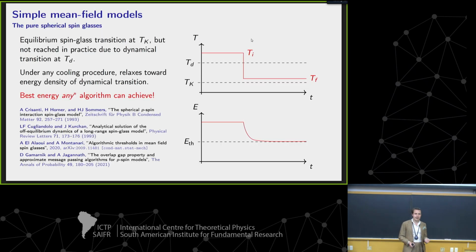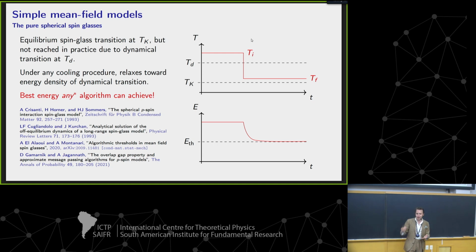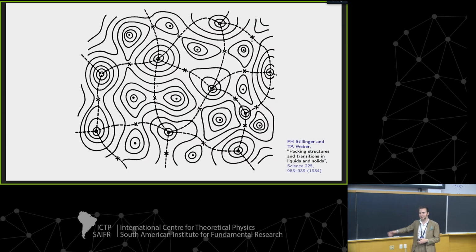And it's not just true of physical dynamics. You can try very fancy algorithms. Recently, there's been a lot of attention from mathematicians interested in statistical inference who have developed very fancy algorithms for these models, and they've proven that, in fact, this energy is the lowest you can go, even though it's somewhat far from the ground state. So a natural question to ask, given these facts, is what's special about this energy? What happens in the energy function, these random functions we're drawing from this distribution, which causes this behavior to happen? And there's an old answer, which I'm going to try to inspire by this nice picture here.